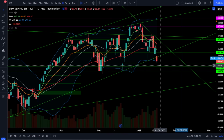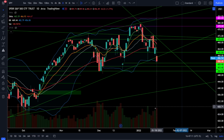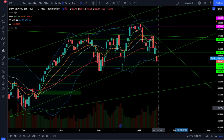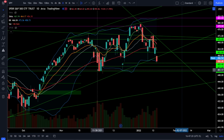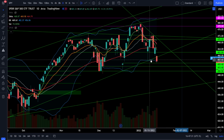So the first thing I would caution you to do is not to get overly bearish, because we have been going sideways for so long. There's actually no guarantee that we need to see a sharp decline in price. I think that's one of the main reasons we're not getting that extremely high volume selling that we're accustomed to seeing, which you can clearly see looking at the volume. We're not quite at those high volume selling days that we're used to seeing. So yes, we did go down 1.77% today, so don't ignore that, but also remember we're coming into very strong